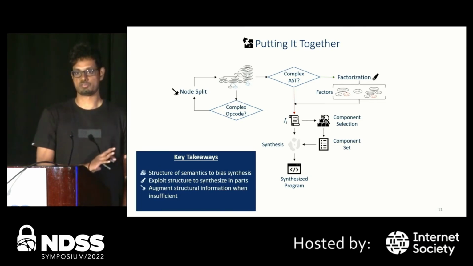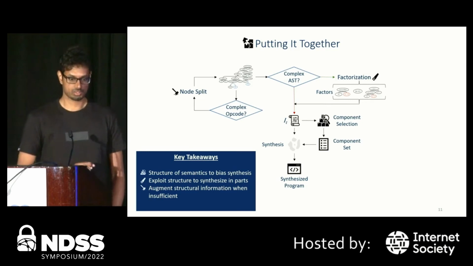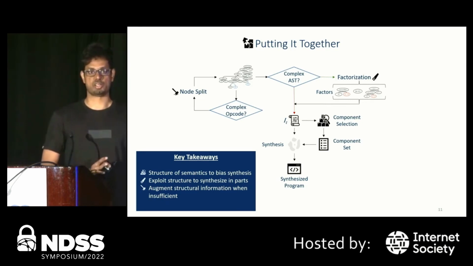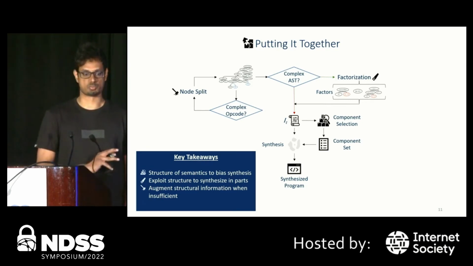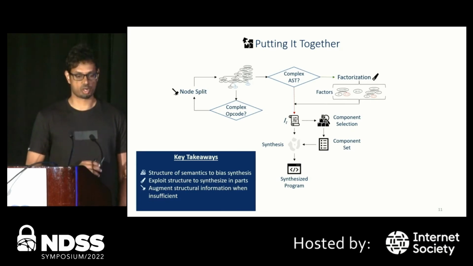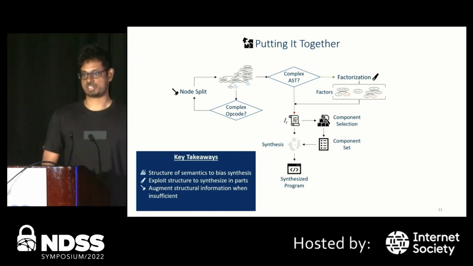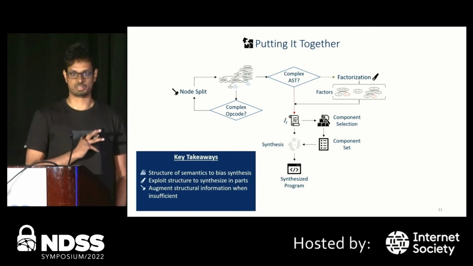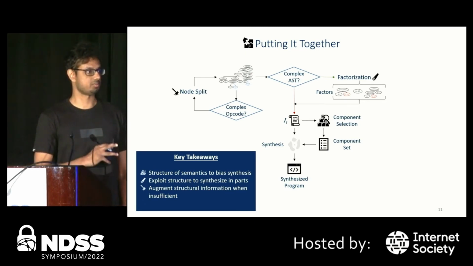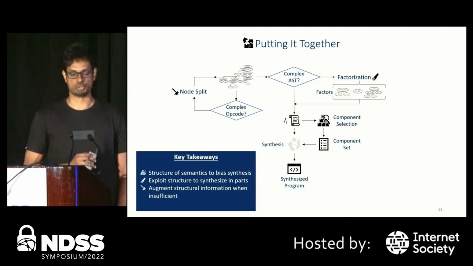So to summarize the technical depth of this talk, I'm just going to highlight three key takeaways. If you forget the rest of it, these are the three most important points. In all the techniques that we introduce, we try to exploit the structural semantics to make the synthesis problem tractable. We first exploit structure in the component selection strategy to bias the synthesis search space and cut down the synthesis time. Then, if the instruction is large and complex and needs a large translation length, we once again use structure to synthesize parts of the ASTs in isolation and combine the solutions.